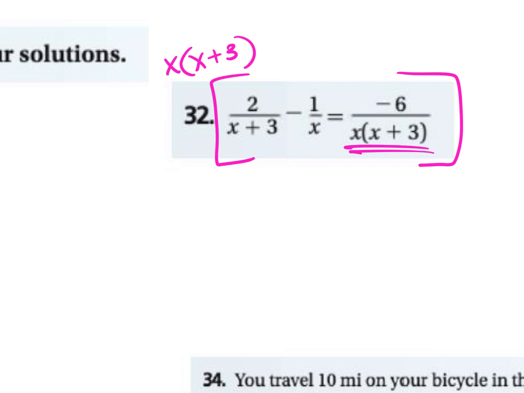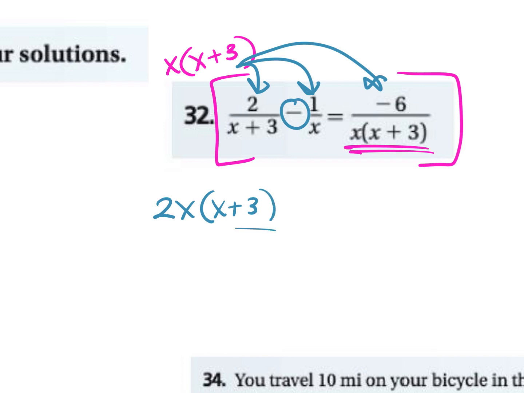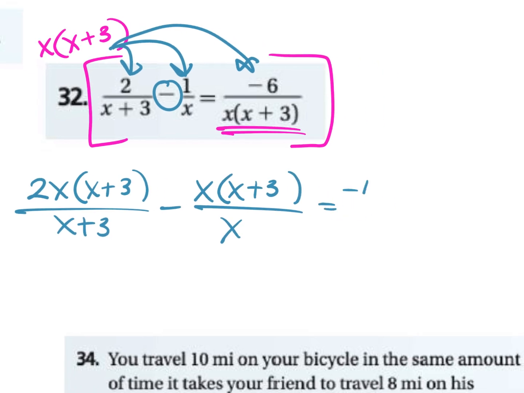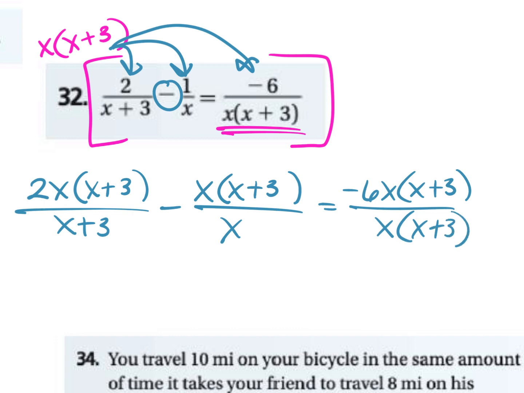Okay. So if you do this, now you're multiplying it by all of these. This one you have to be careful with because it's subtraction. I actually did this one wrong in my last class. 2x times x plus 3 over x plus 3 minus x times x plus 3 over x equals negative 6 times x plus 3 over x times x plus 3. Be really careful with this, okay? If you're subtracting